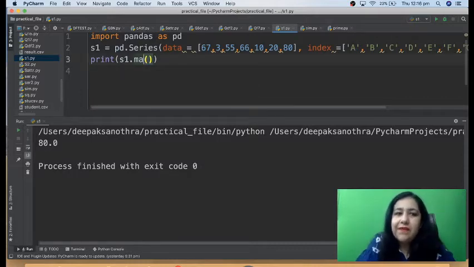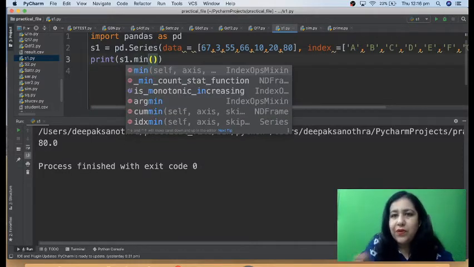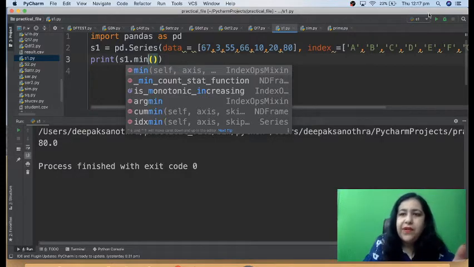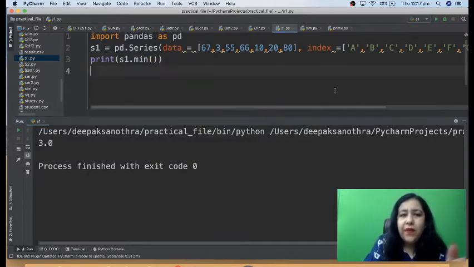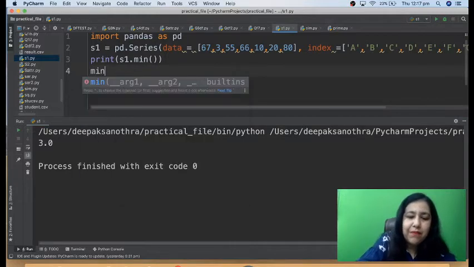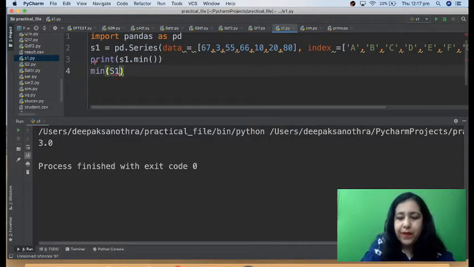If you want to see the lowest value, so lowest is also called minimum, so highest is called maximum. That's why the name of the function is max. Lowest is called minimum and the name of the function is min. Now what difference you have in series and list? When we used to use this with list, then the way of writing was different. We used to write like this, min and then in brackets s1, right? But it won't work here because for series you cannot write like this. For series you have to write like this with a dot operator. So it has to be series object name dot and then the function name and then round brackets. So s1 dot min is going to show you the minimum value.